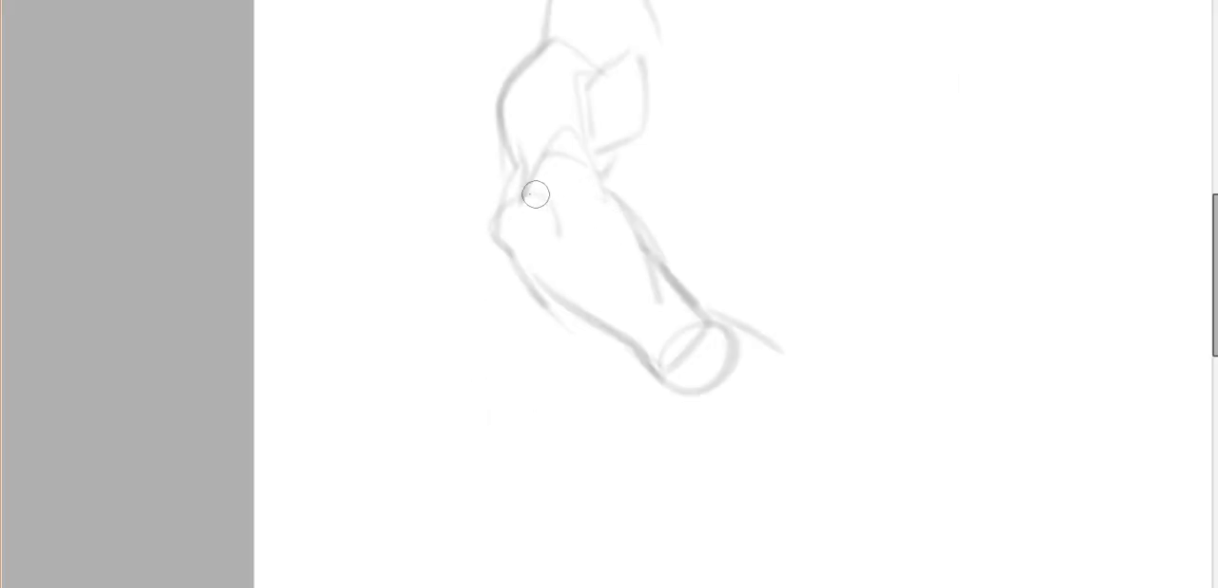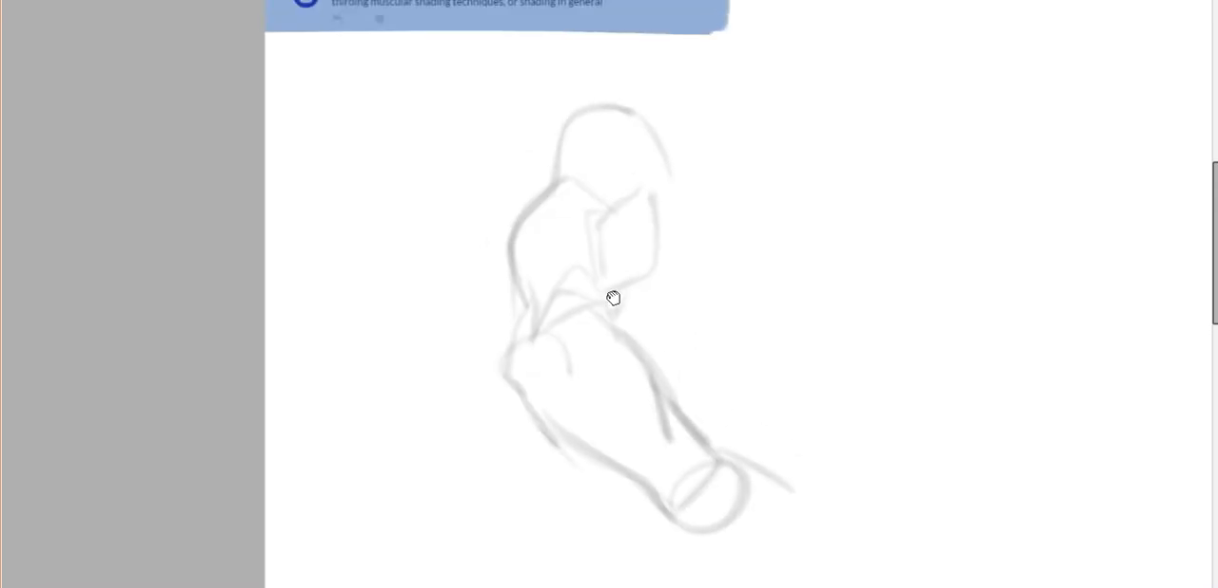There's a few ways to render. I keep saying render. People don't know what that means. Most of the time, they think it's computer stuff. So there's a bunch of ways to draw muscles, to shade them,